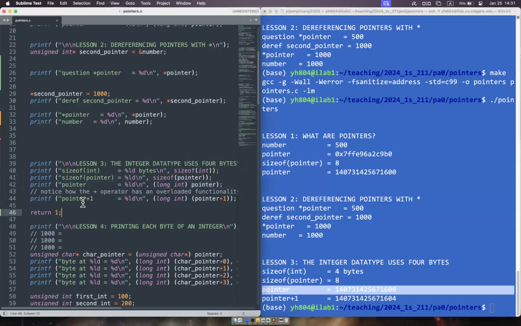And then what we're going to do is we're going to inquire on printing the value of pointer plus 1. What does it mean to do pointer plus 1? What does plus 1 mean, just in general? Add 1. Does it always add 1? Right, so what I'm emphasizing here is adding 1 means,